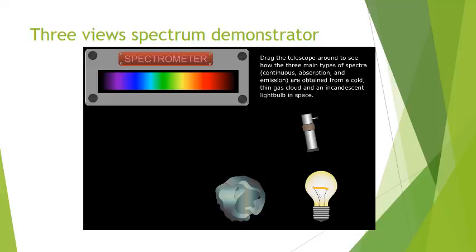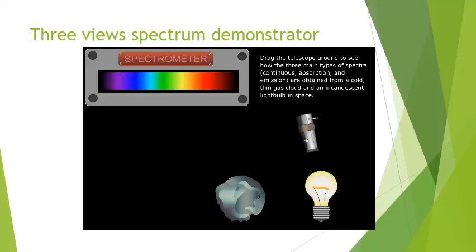And as we've already talked about in Kirchhoff's first law, an incandescent light bulb is essentially a solid. The filament of the light bulb is a solid that is producing light. It's running electricity through it, and it's getting hot, and it gets so hot that it actually glows. It produces light. And it turns out it produces all the different colors of the spectrum. So when I'm pointing my spectrometer at this light bulb, white light is entering the spectrometer, and it's being broken into its component colors, which is this entire rainbow here. Again, that's Kirchhoff's first law.